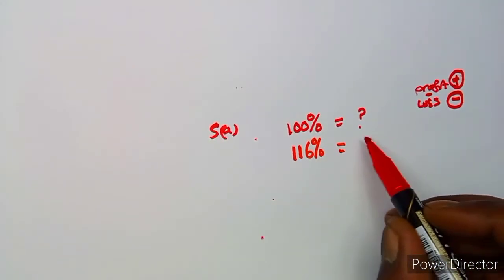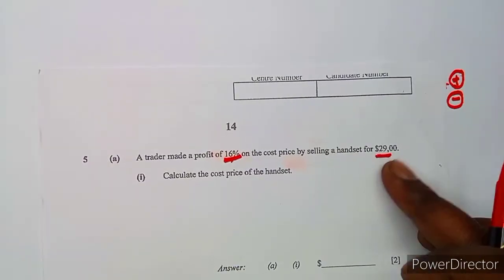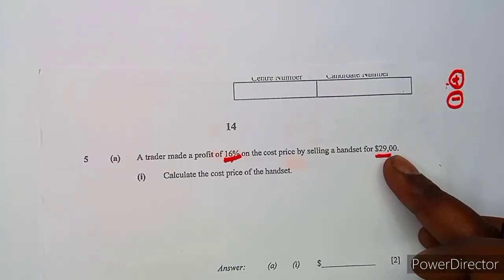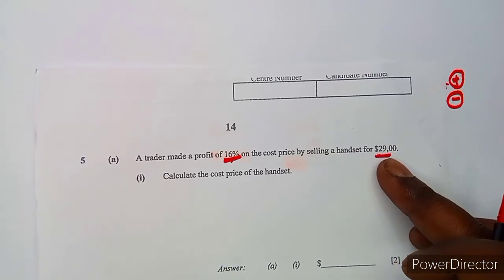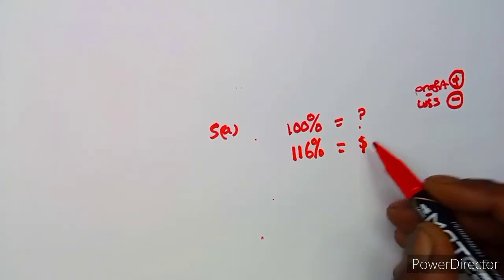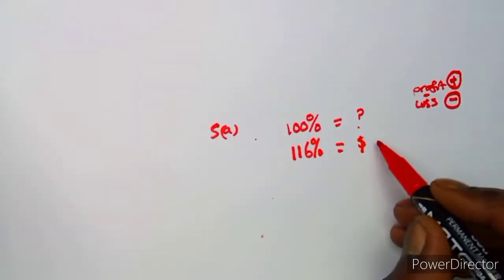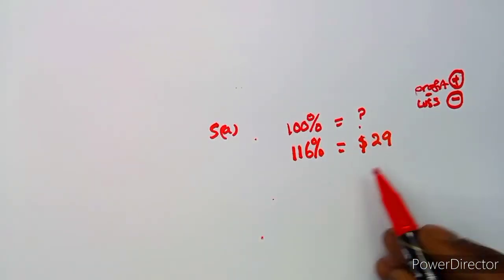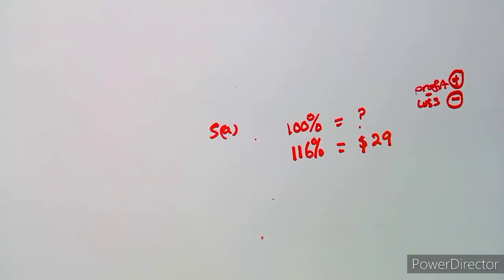This trader made $29. This was the selling price. At this percentage, it is being sold at $29, which is just 29, because we are doing calculations. Those zeros, you put them on your final answer, but you're just doing calculations. So